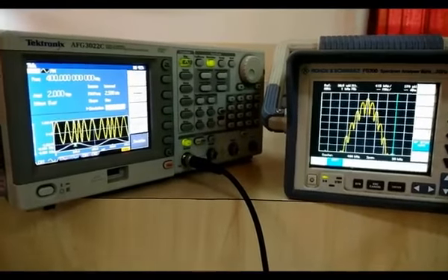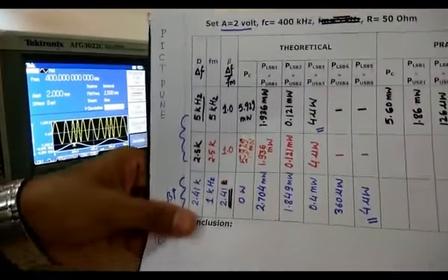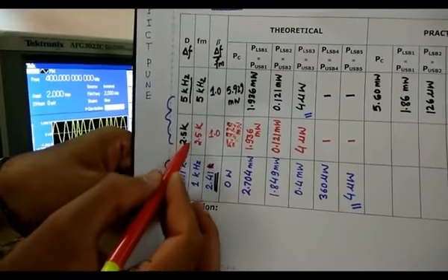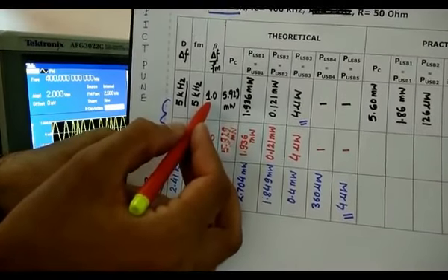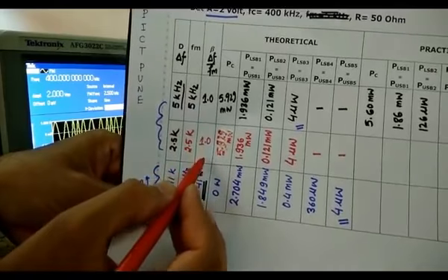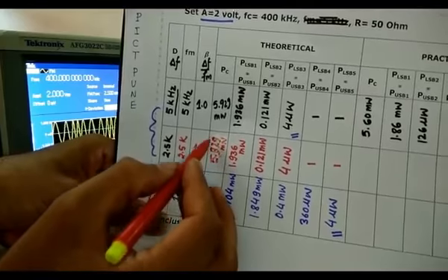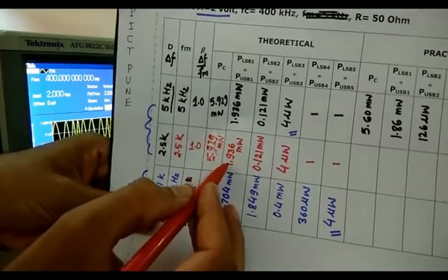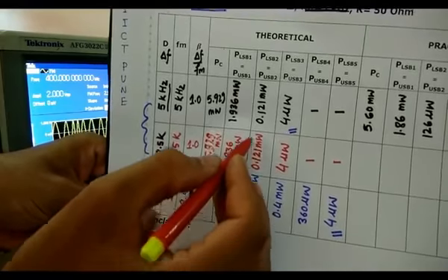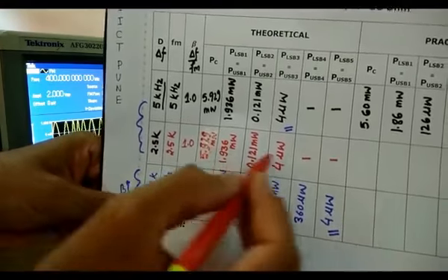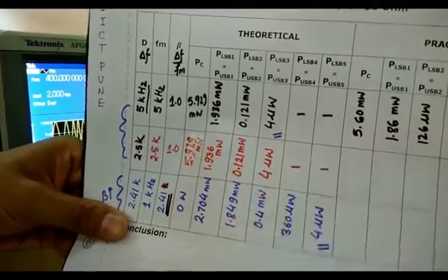Now we are going to see the second case, in which we are taking del F equal to 2.5 kilohertz and FM is 2.5 kilohertz, so beta is 1, which was the previous case only, beta equal to 1 there. Here it is also beta equal to 1, and the theoretical calculated values are: carrier term 5.929 milliwatt, second 1.936 milliwatt, then nearly 121 microwatt, and this is going to be 4 microwatt. These powers should be the same as the previous powers, so we are going to verify whether they are the same or not. Let us see that.